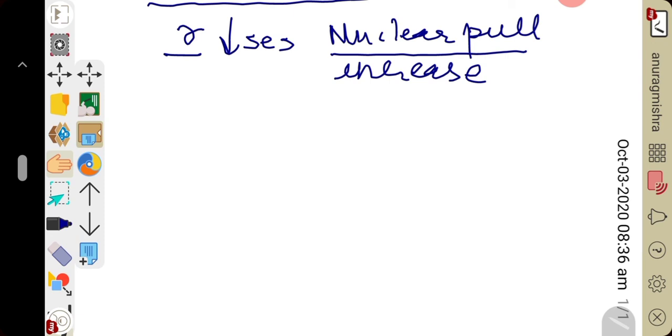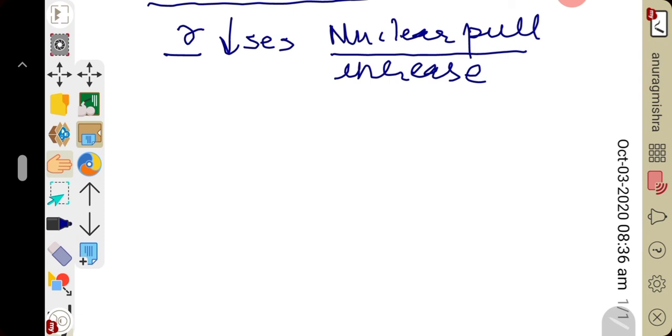Third one is, study of elements and their compounds has become systematic and easier to remember. We all know, when I told you why classification is required, that time I told you classification is required because it helps us to study the elements systematically and in an easy way. The same point is included here. Point number three: study of elements and their compounds has become systematic and easier to remember in the form of the periodic table.